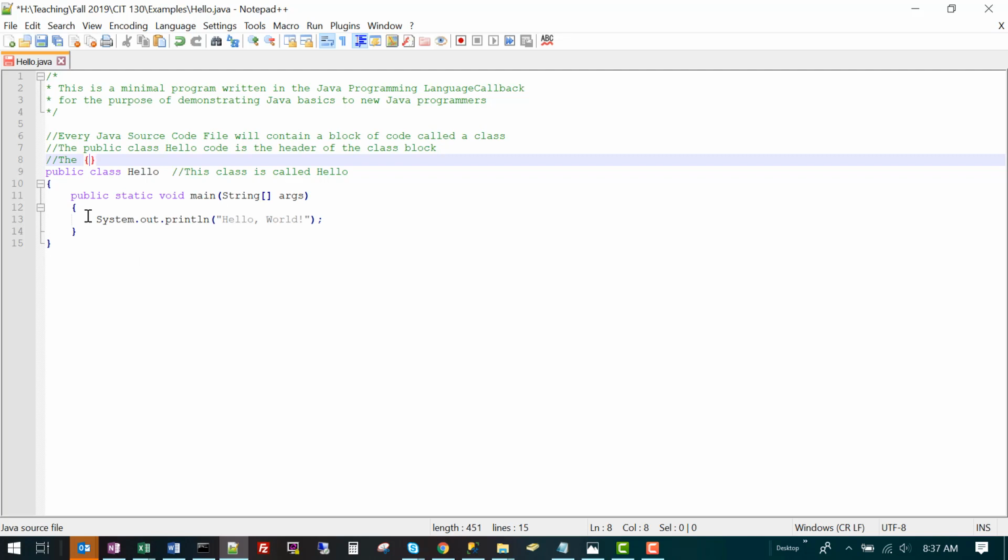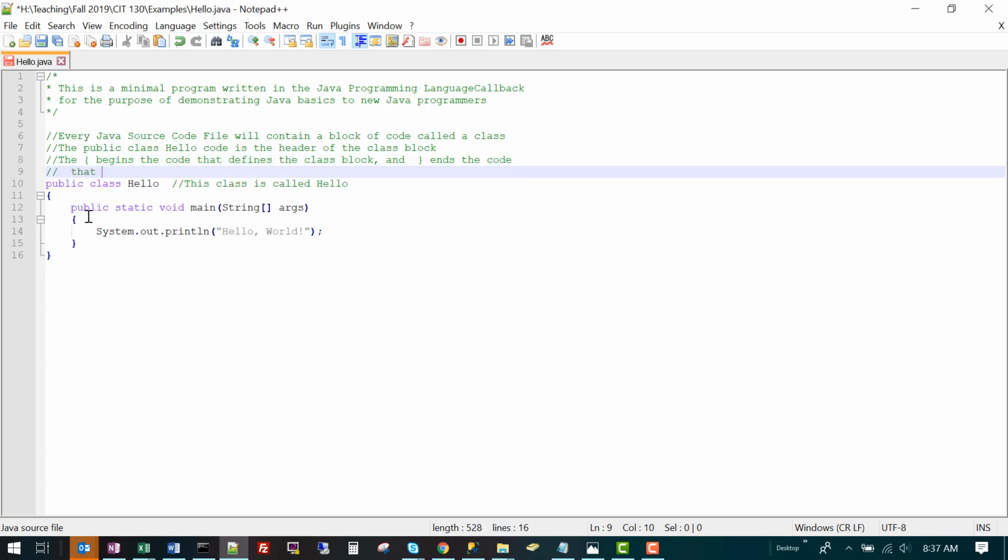The open bracket begins the code that defines the class block, and the close bracket ends the code that defines the class block.